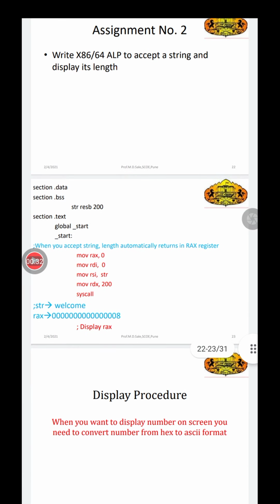So we have to use two system calls over here, the read system call as well as the write system call. The read system call we use for accepting the string, and the write system call we use for displaying the length of the string on the screen.